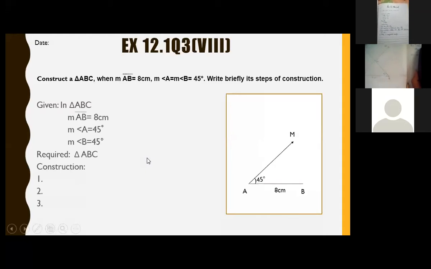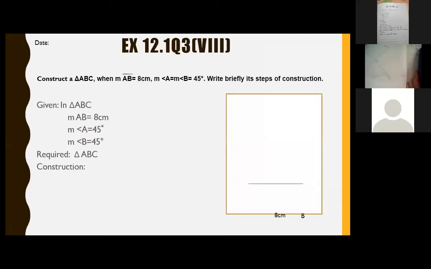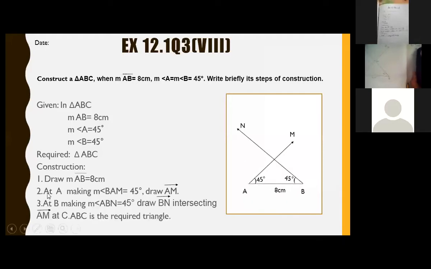In this way, you can draw it with me properly, and in this way you can write the steps of construction with me. What we can do here: at A, making an angle measurement BAM is equal to 45 degrees, draw AM, right? Now at B, making an angle ABN is equal to 45 degrees, draw BN intersecting